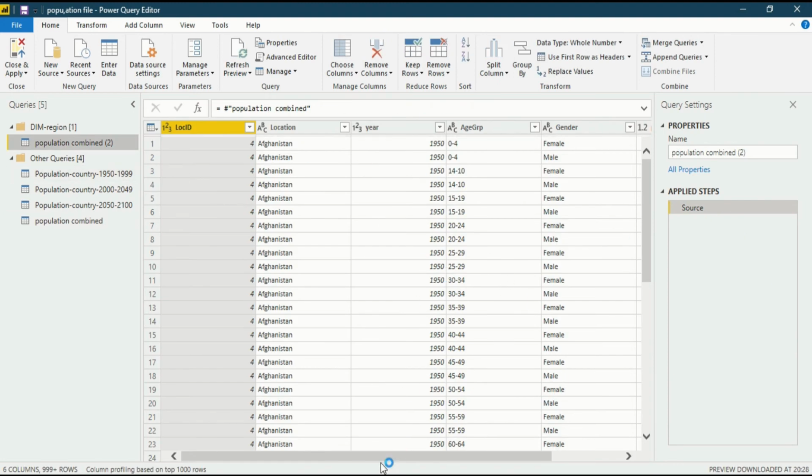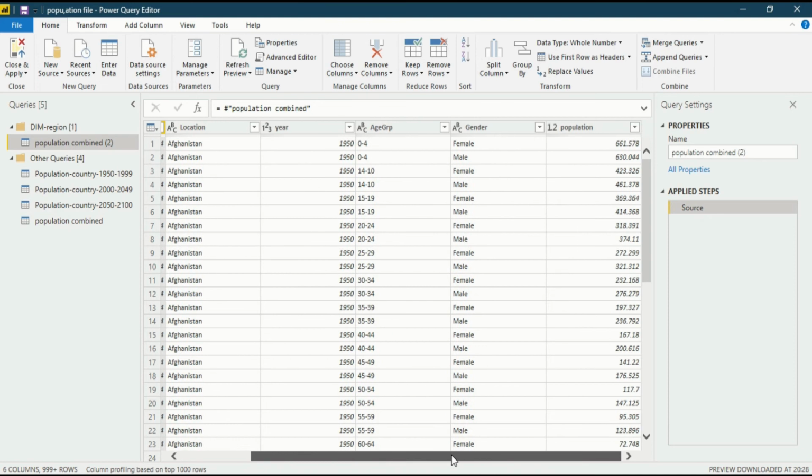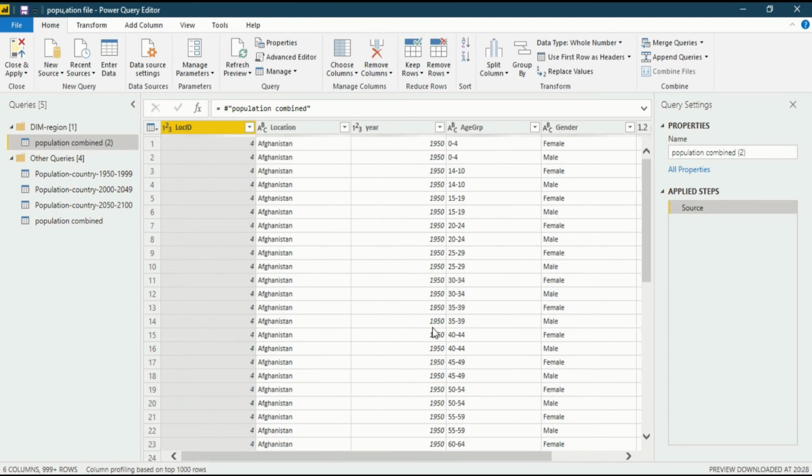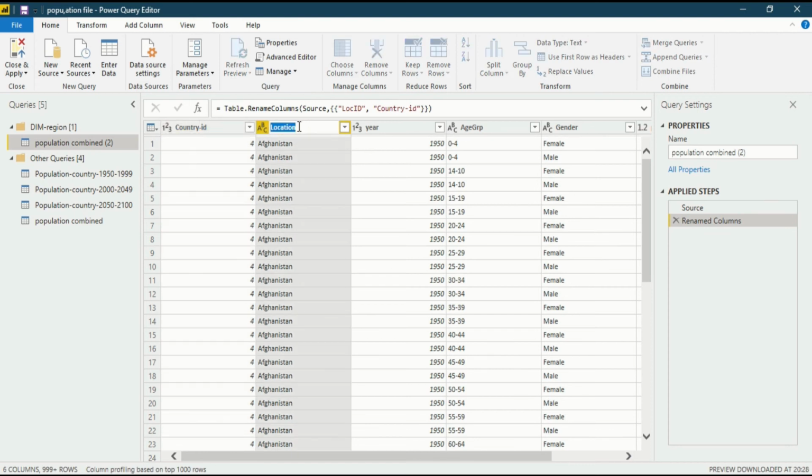So we have to create a dim table for a region in our data set, which we talked about in previous videos. We have to create a dim region file for our data set. In that file, location is important. That could be turned into a country ID because it's a country ID. We can double click on it. After that, we can change its name to country ID. Then enter. The name of this column will be changed. After that, location, which is a country. I will double click on it.